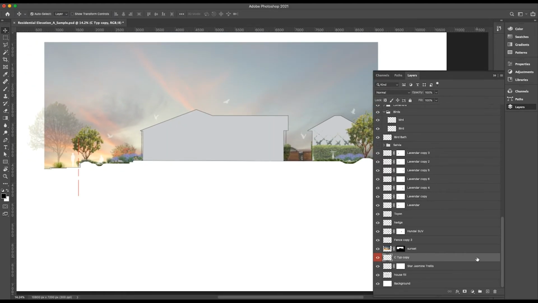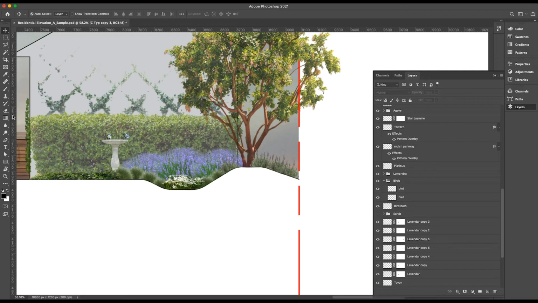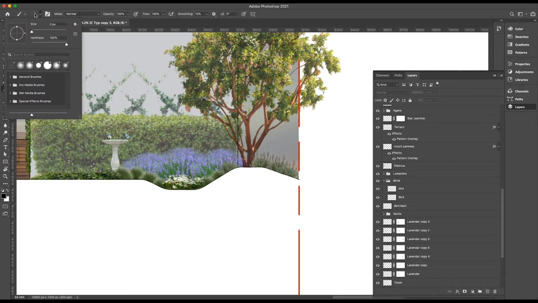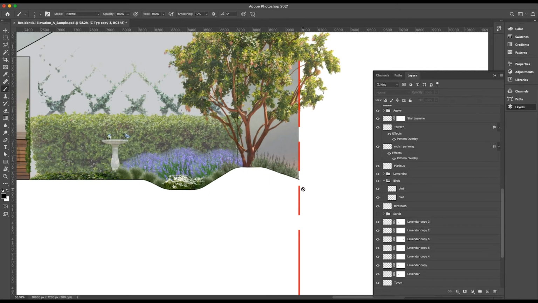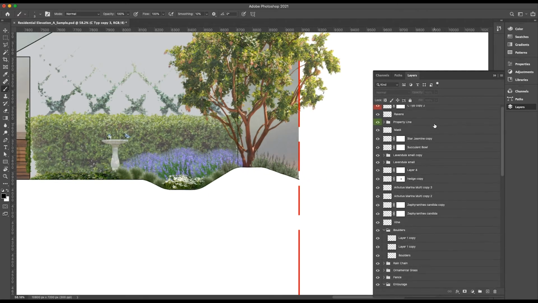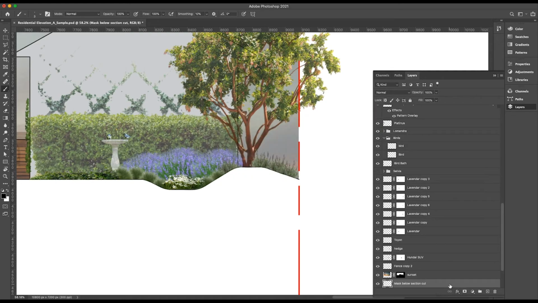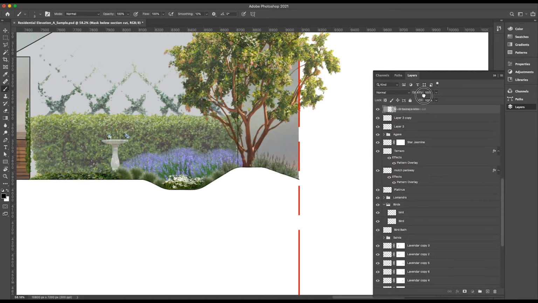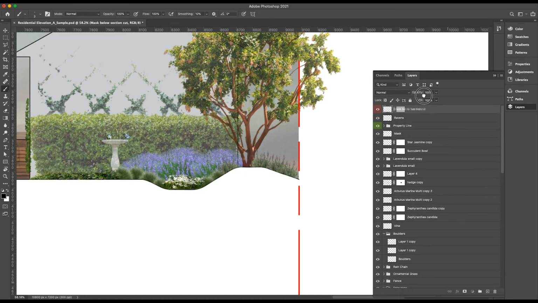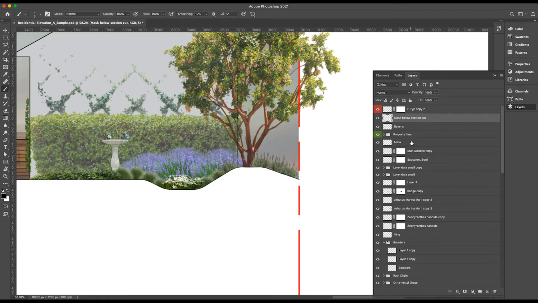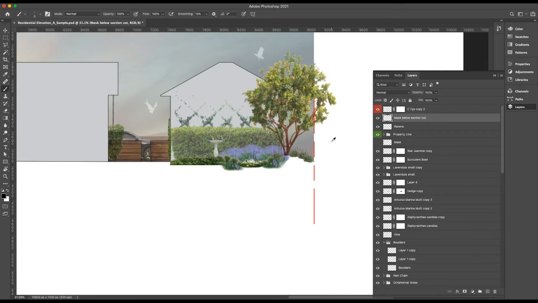You could probably do it at the same time to save you a little bit of time, but you go to your AutoCAD file there, hit plus, and then what you're going to want to do is get your brush tool, make sure it's at probably around 3, make sure the hardness is at 100, hit new layer, call it mask below section cut, hit OK. I'm going to go ahead and take that to the top of everything because I know I want it to mask a whole bunch of stuff. I'm going to turn off the old mask. Let's go back